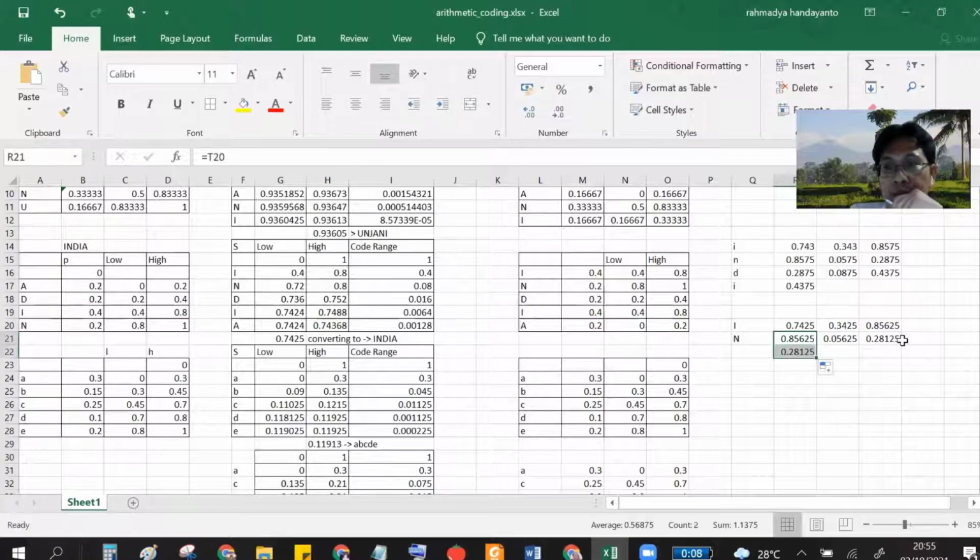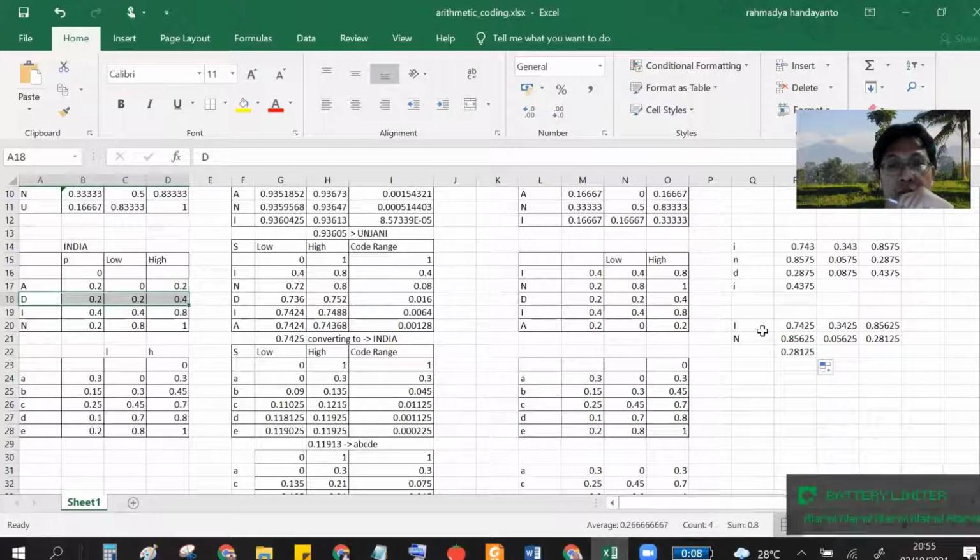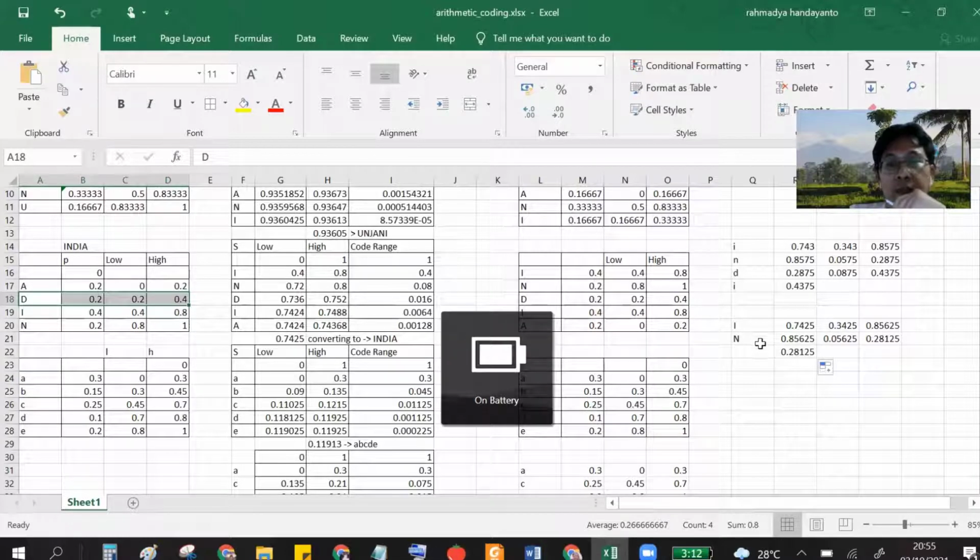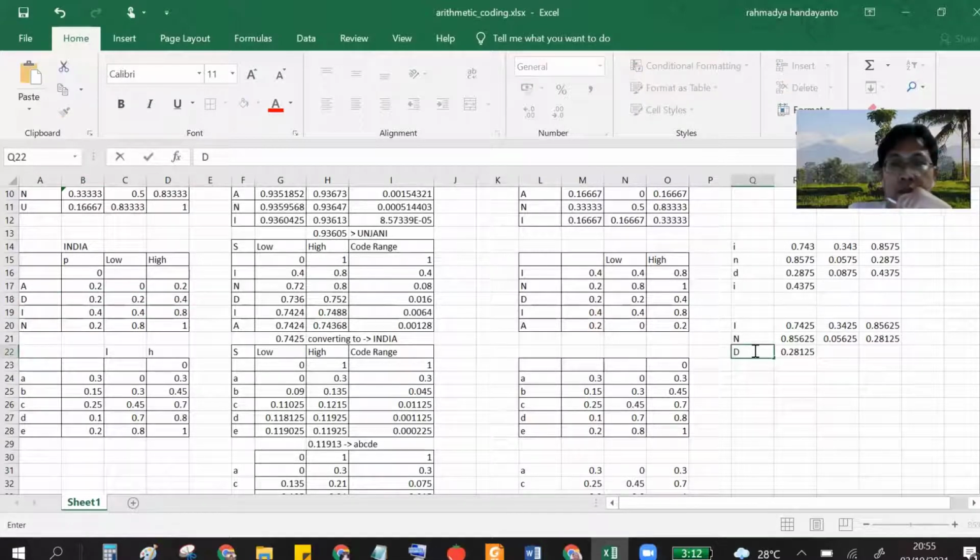Okay, I copy this. See, the new number is 0.28. You see again from the table, 0.28 is the D. So the third letter is D. Again, you have to reduce this using the lower bound of D, 0.2.